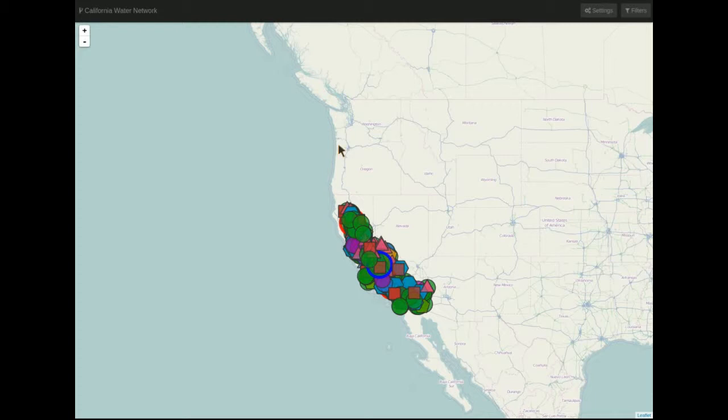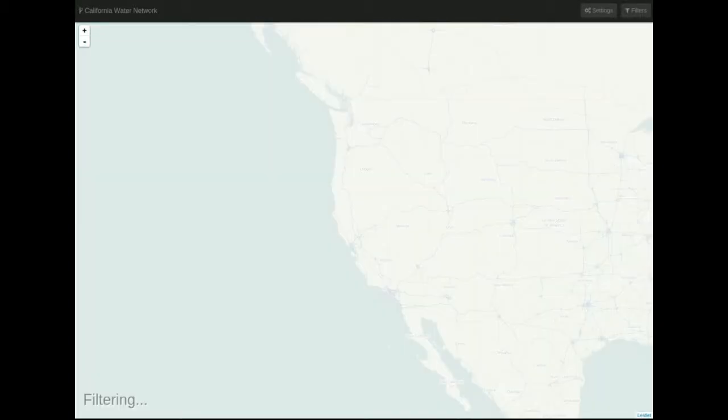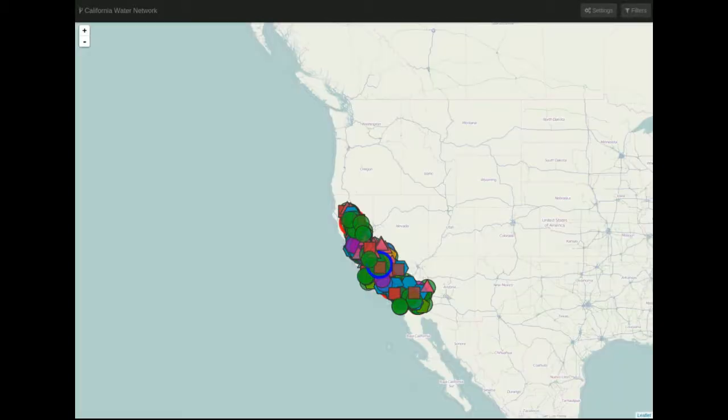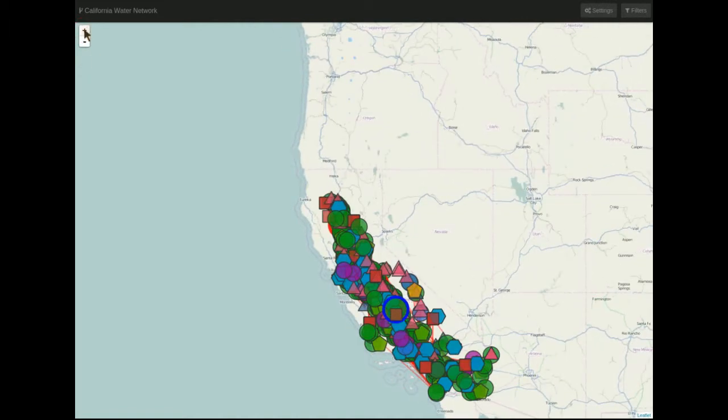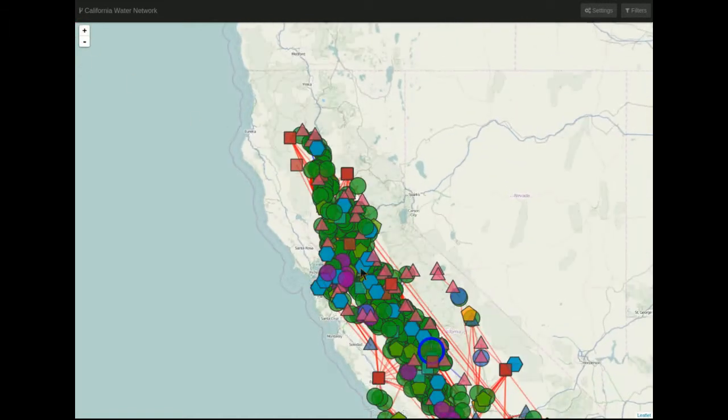Okay, I want to give a quick demonstration on some of the navigation and filtering tools for our network viewer. When you first go to the viewer, it will load all of the network information and pull you out to sort of an overview area where you can look at all the individual nodes, but they're clumped together quite a bit. And you can zoom in either using the zoom in tools on the upper left-hand side or using the